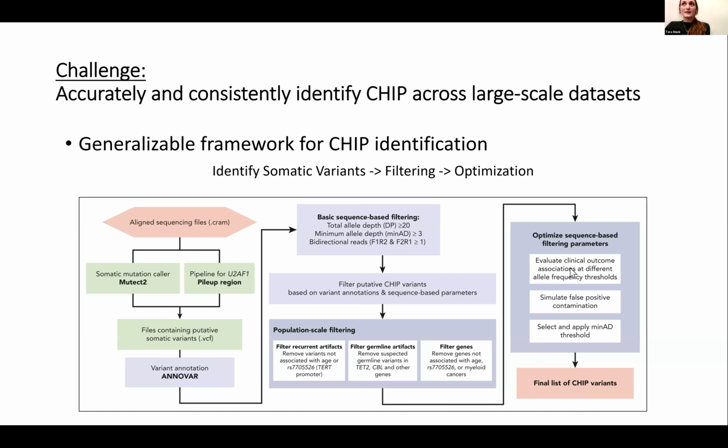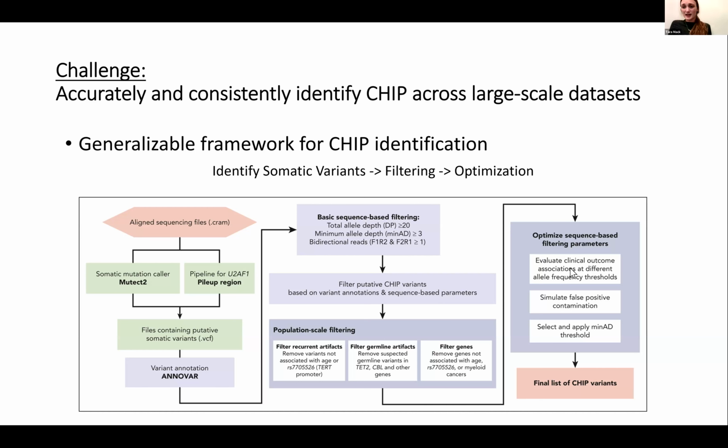Yeah, I think the answer is you don't ever fully know for sure. The way we typically know is because we have recurring variants where we see those associations with age or the associations with CHIP known variants, and we say, okay, this is probably a CHIP variant. And then there are other variants that tend to pass binomial tests, and we say, oh, these are probably germline variants. And we tend to have these curated lists of variants that we're pretty sure fall into one or the other because we see them frequently.